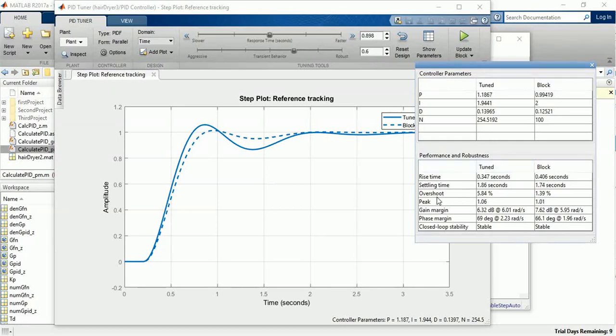Here we can see, for example, the rise time for the tuned one is 0.347, and for the block, which is our PID, is 0.406 seconds. So the difference is not that much, and our PID has better overshoot, and it has better settling time. It settles faster, at 1.74 seconds. The difference is not much, but